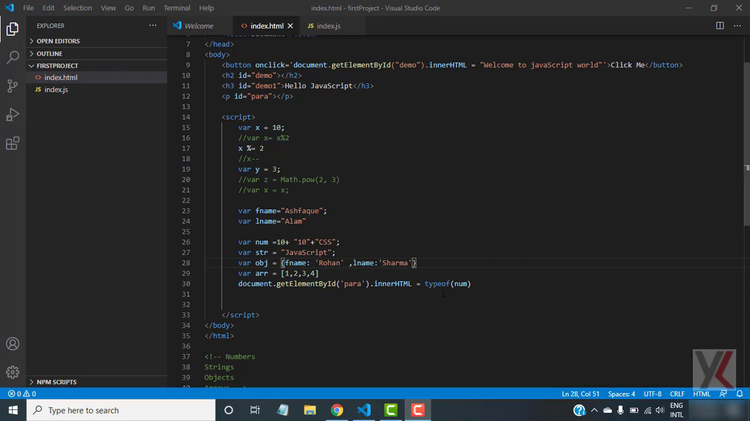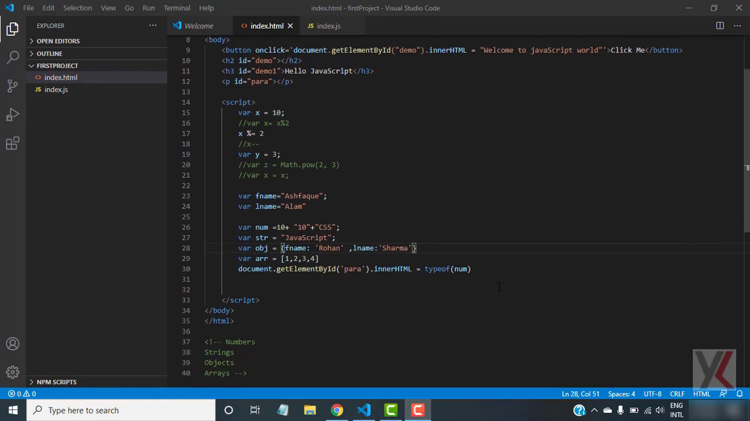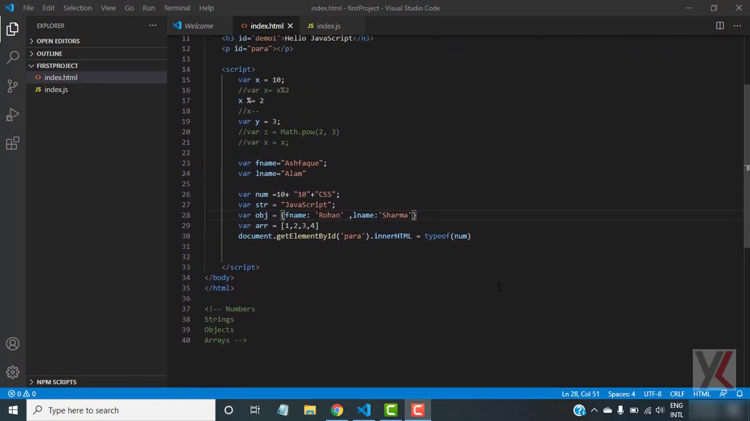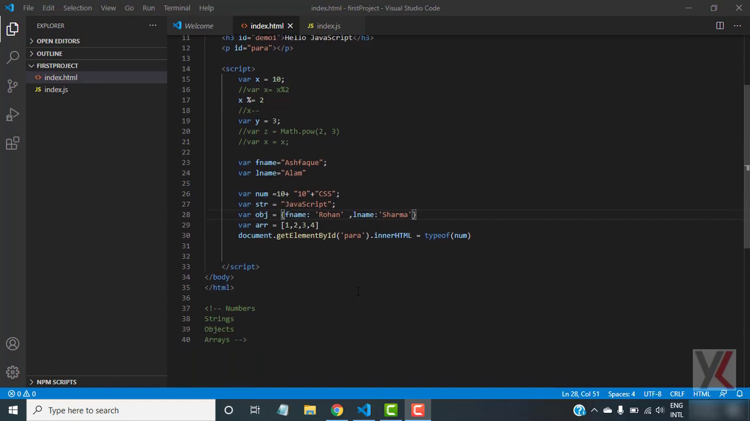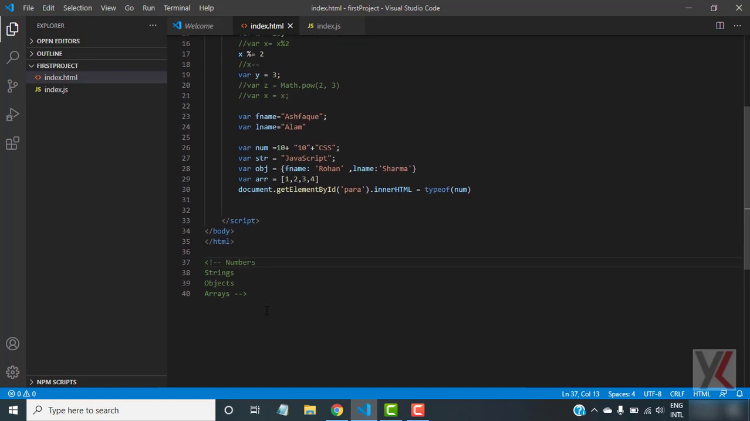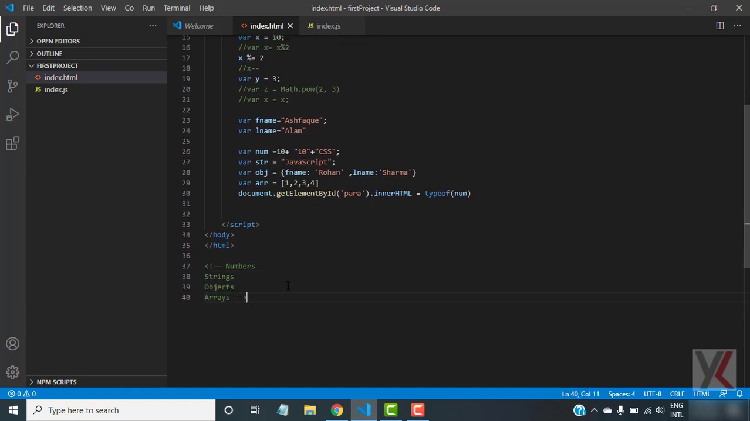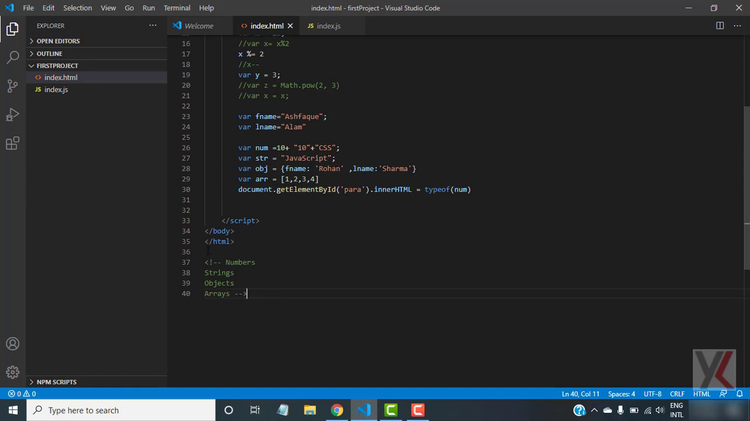Hello students. Today we'll start from where we left off in the previous tutorial. We were in the data types topic. We talked about four data types. Keep in mind that arrays and objects are reference types. The fourth one is